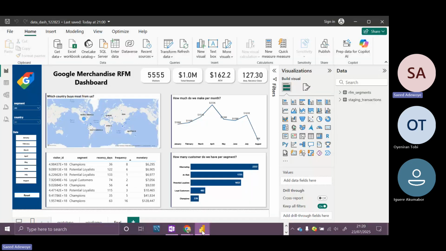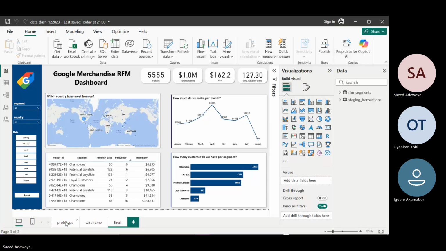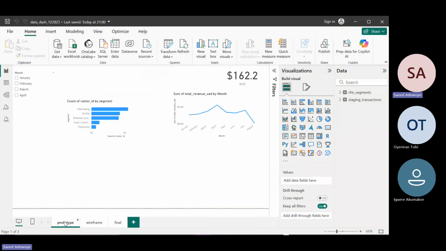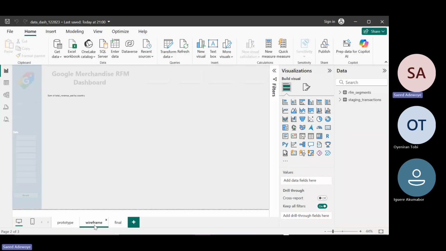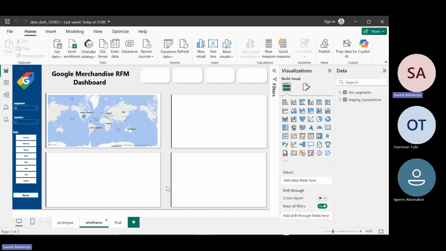Even though for Power BI, we only sketched the wireframe on the first day. That is the prototype over here that we can see. Then due to some glitches yesterday, I was unable to come online. Even though I came online, my system crashed by the way. So I just have to find the means of rectifying that. So we sketched something like this. Then afterward, I forwarded this to the group so that we can modify it to our own taste and see what we can do with it.